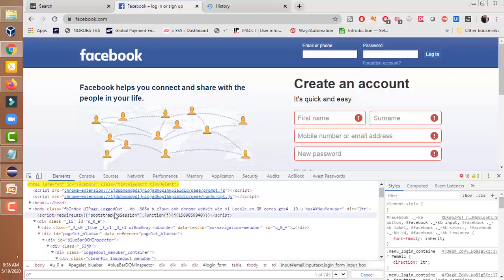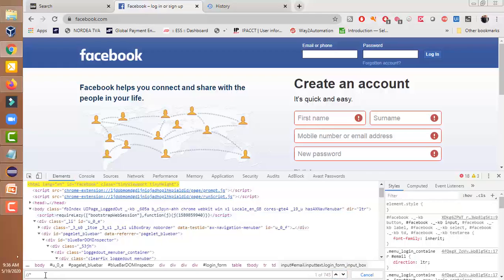Let me highlight this. This blue color highlighted box is showing 1 of 745, meaning a total of 745 elements are there in this web page. Look at the red highlighted block, slash star. When we enter slash star, it will give all the elements present in that page.